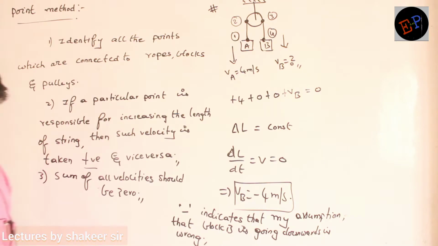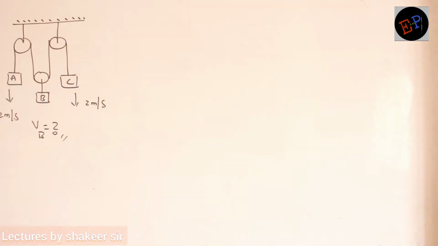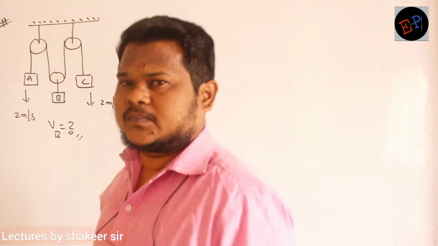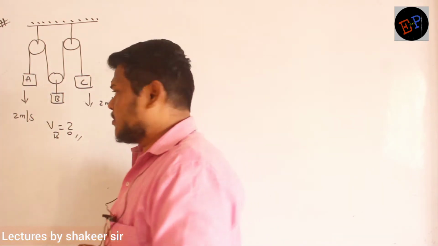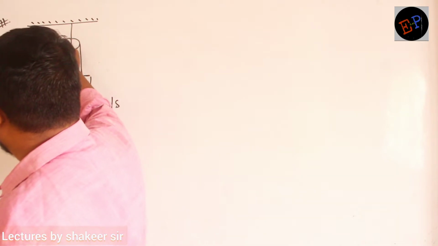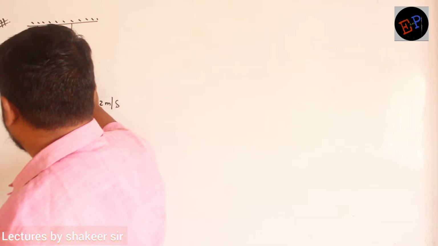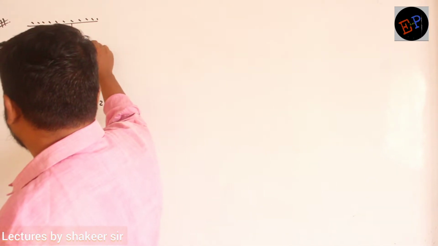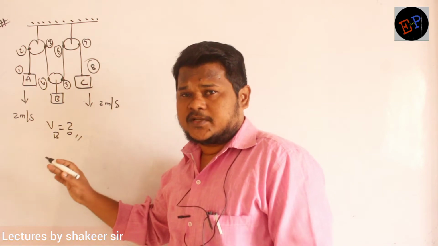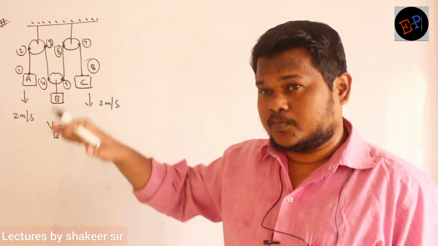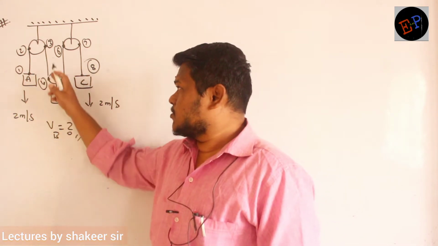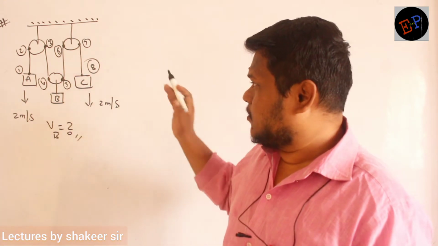So I will give you one more question. Try to answer it. Okay, ma'am? So let us see this question. See here. First of all, we have to identify the points. How many are there? 1, 2, 3, 4, 5, 6, 7, 8 points. That's all. So where do you have to take those points? You have to take those points only on the single row. Here also you have a row. No, there you are not supposed to take. You are supposed to take points which are connecting the same row. So totally how many points did I get?